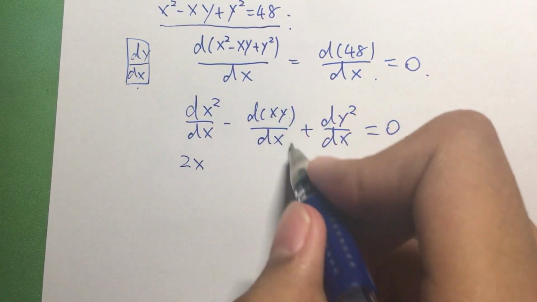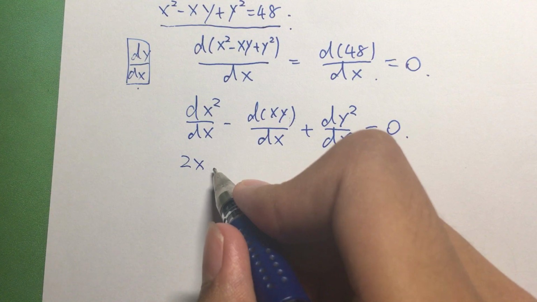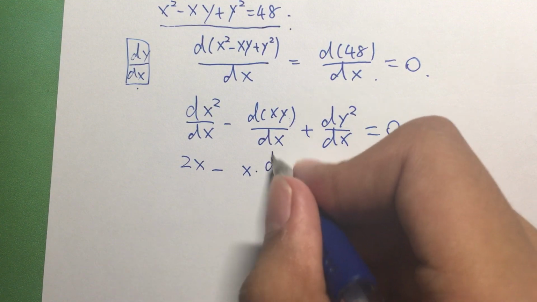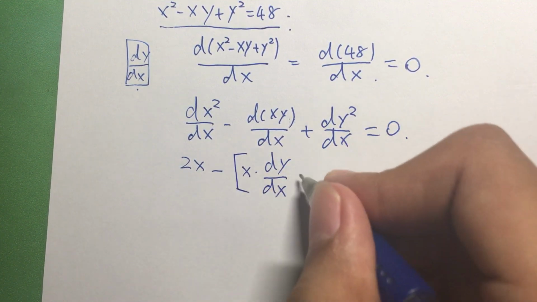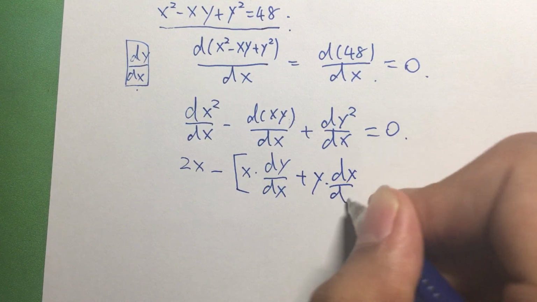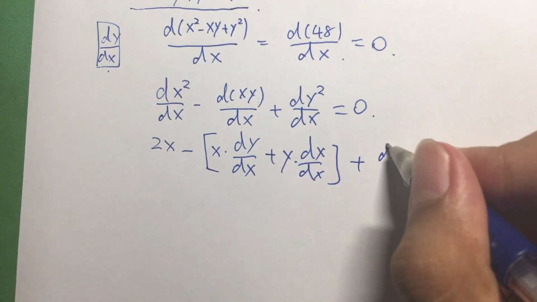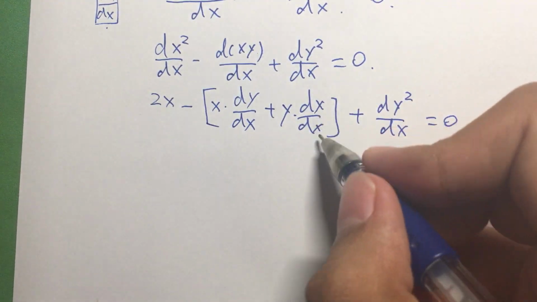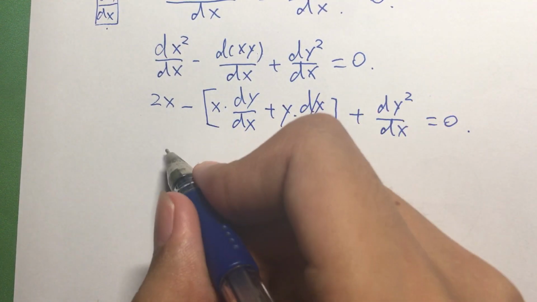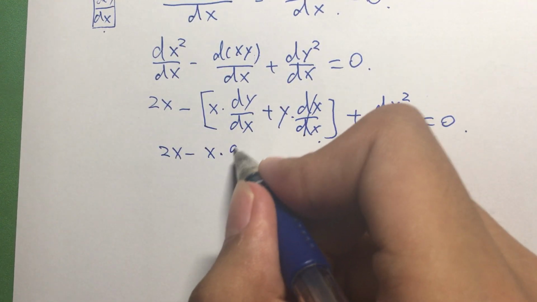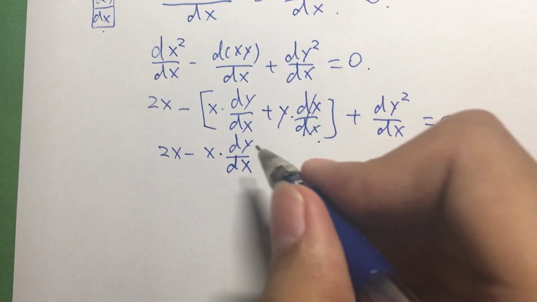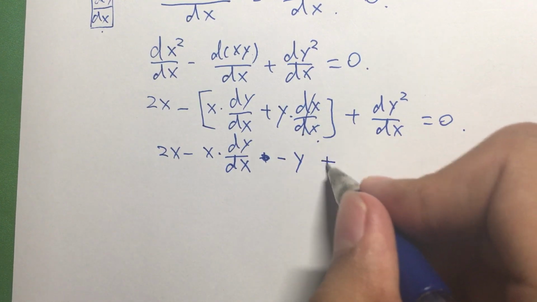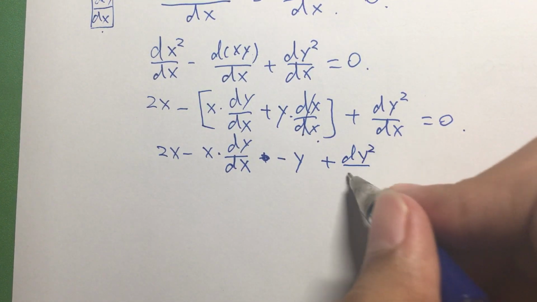And for this one, let's apply our product rule again, which becomes minus x times dy over dx plus y times dx over dx, and then plus dy squared over dx equals 0. And for dx over dx, it becomes 1. So we have 2x minus x times dy over dx minus y plus dy squared over dx